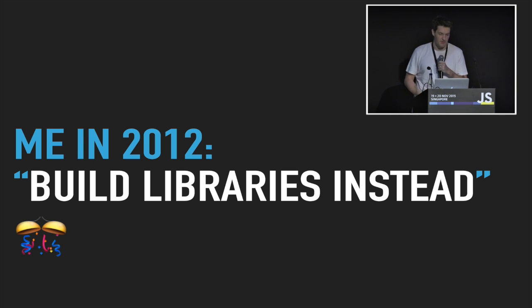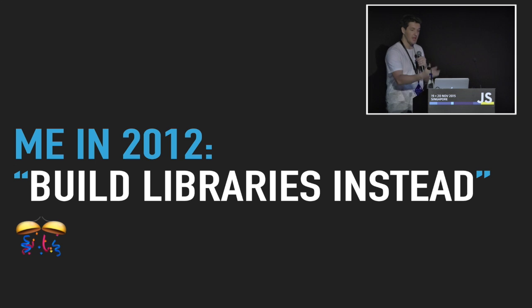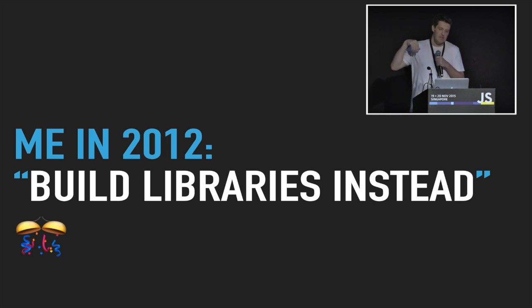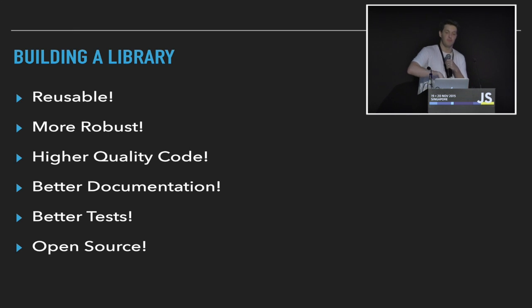If you build something with a library, it'll be reusable. It'll be more robust. You can write documentation in the README for the library. You'll make better code quality because you're solving smaller, simpler problems. You've got fewer things going on. It's all about keeping things simple, to the point, single responsibility, etc. And not only that, the great thing about it is that it makes it very easy to take something which you've built and open source it. And